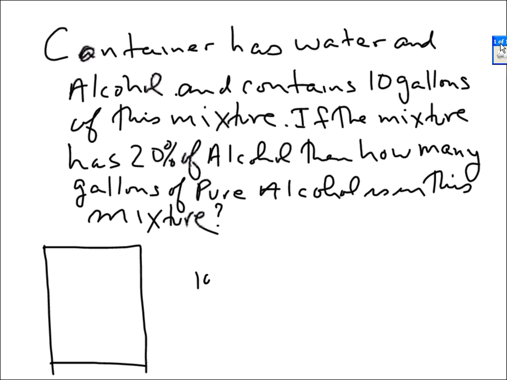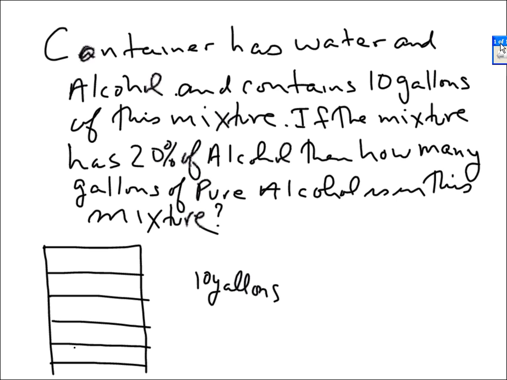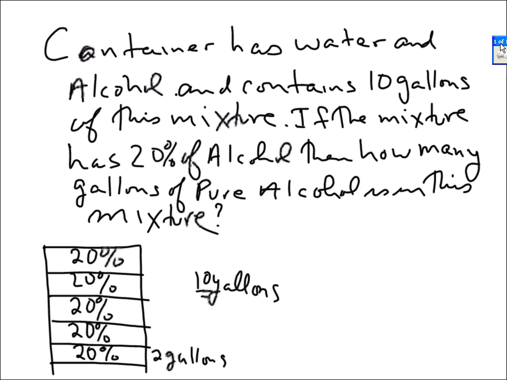Here is your 10-gallon container. It's filled up to the very top. 20% is 1/5. I'm going to divide this into, to the best of my ability, 5 equal pieces. The bottom piece is 20%, the next one is another 20%. They're all 20%, 5 equal pieces in size. 10 gallons in total. Each of these pieces is 2 gallons. I know this is working out right because the total adds up to 100% and the total number